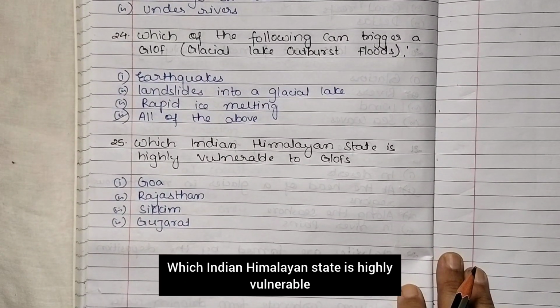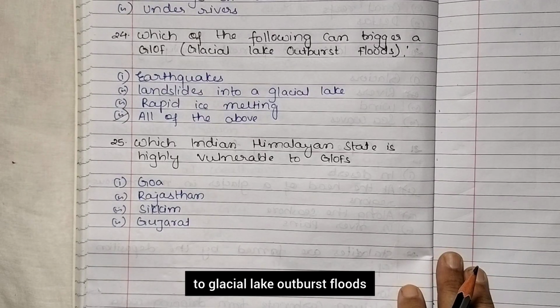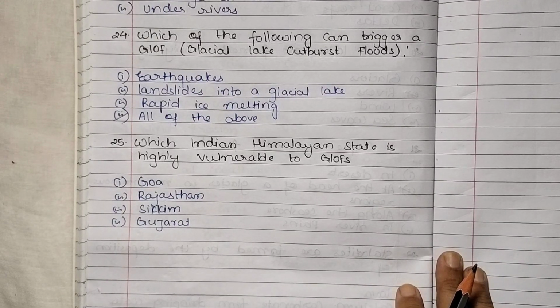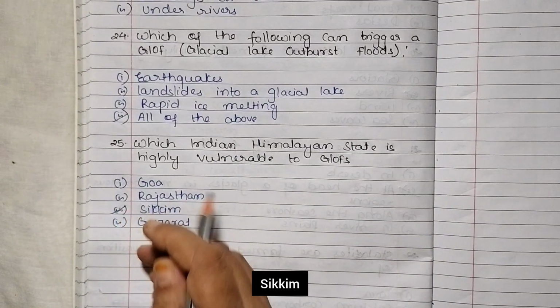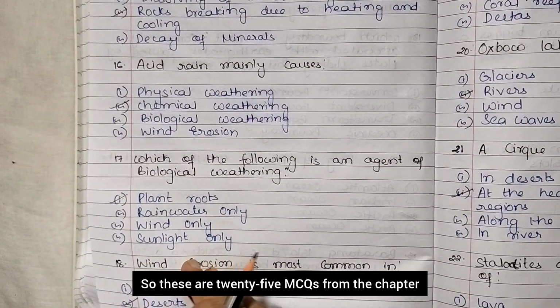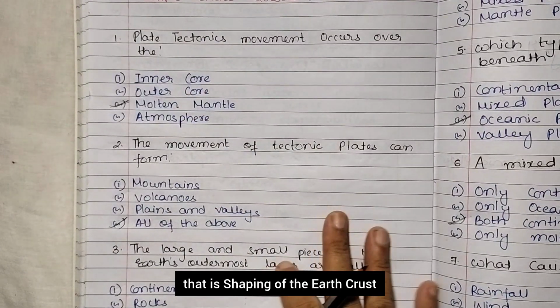Which Indian Himalayan state is highly vulnerable to glacial lake outburst flood? Goa, Rajasthan, Sikkim, Gujarat. Sikkim. Okay, so these are 25 MCQs from the chapter that is shaping of the